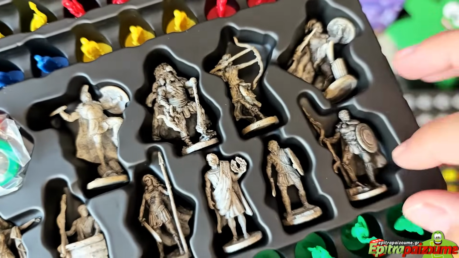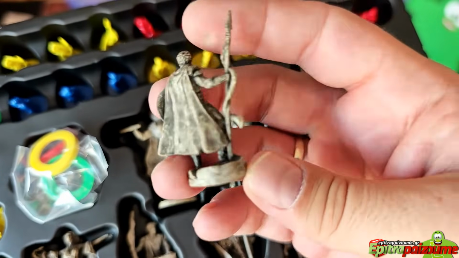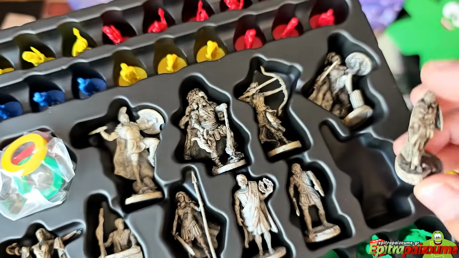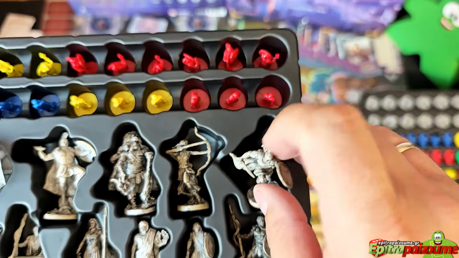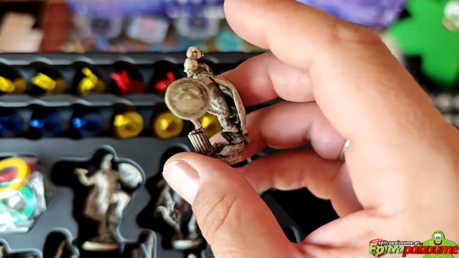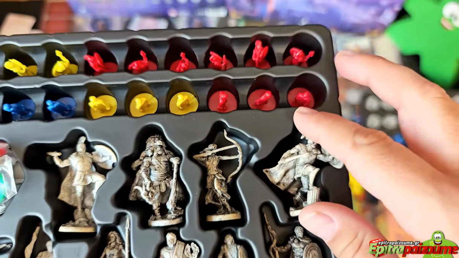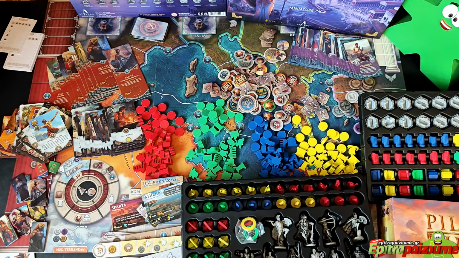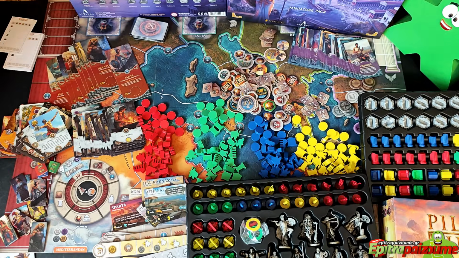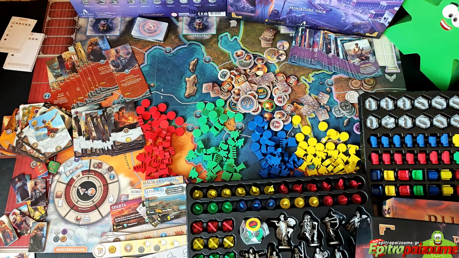Okay, and the last one. Don't know if we've seen this one. This must be a Hilarious. Okay, there we go. These are the components of the miniature box, and the last thing I want to show you is the Epic expansion, which adds not only